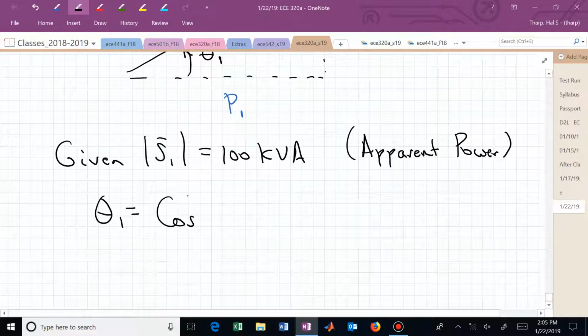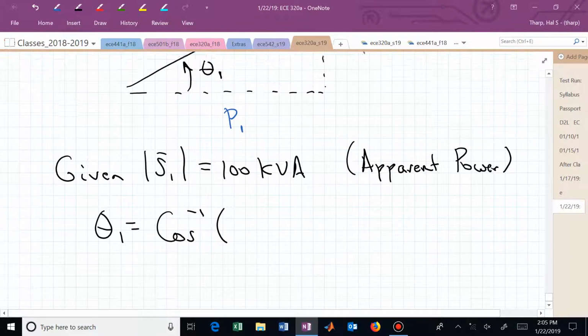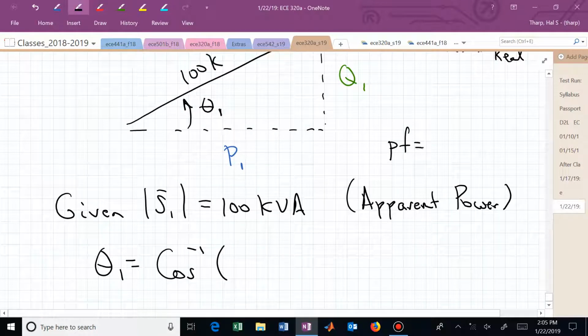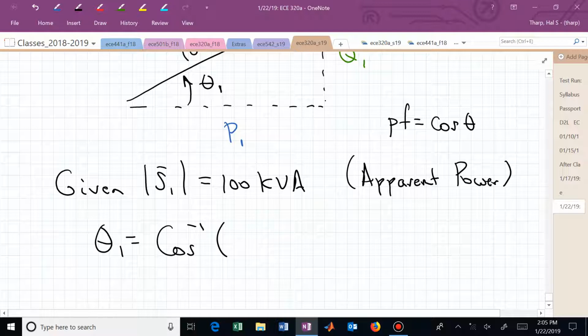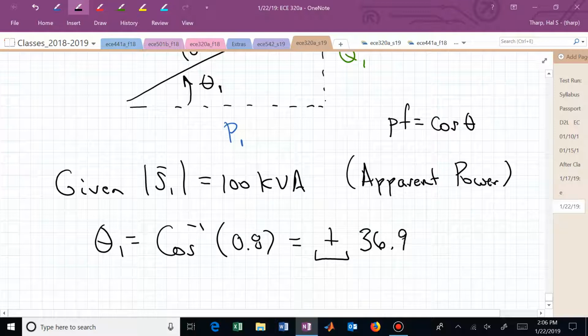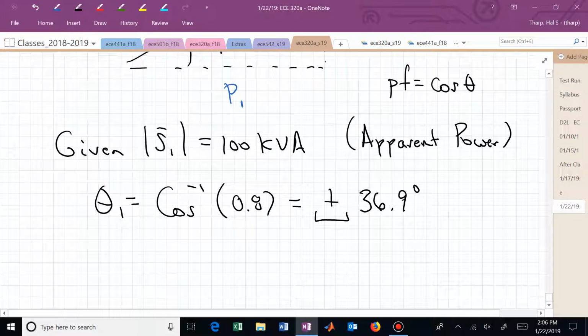We were told what the power factor was, but the power factor is just the cosine of theta, so we can invert that expression. We can take the inverse cosine of both sides to find theta. We now have the inverse cosine of 0.8, and we can use the fact that it was lagging to give us a sign of positive. And now we know that theta 1 is 36.9 degrees,